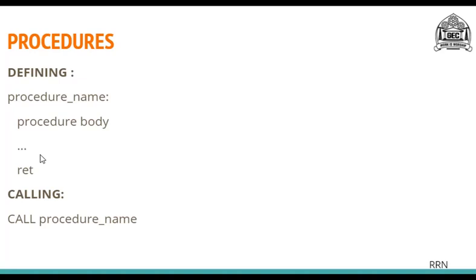Now when we define a procedure, there has to be a method in which we can call that procedure. So let's see the syntax for calling that procedure. To call any procedure, we are going to use a mnemonic or an opcode which is CALL, that is call. And as an operand, we are going to give the name of the procedure that we want to call in our program.